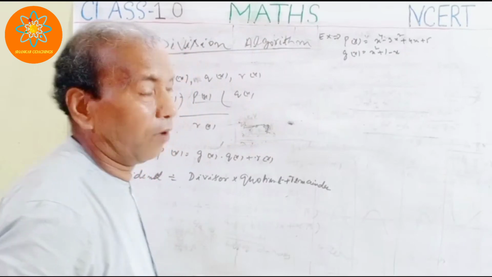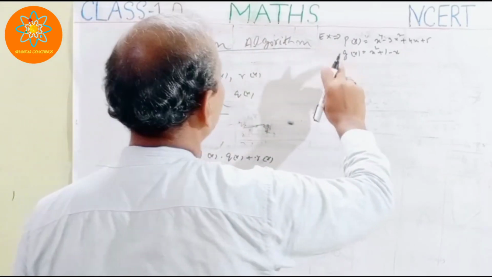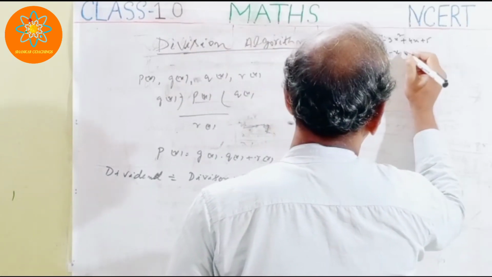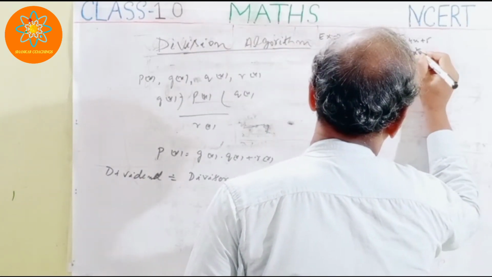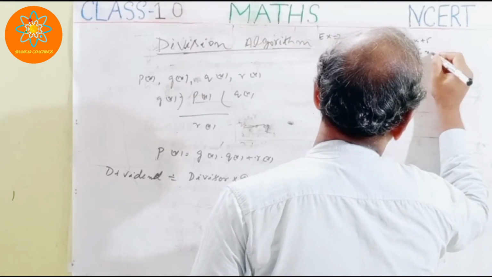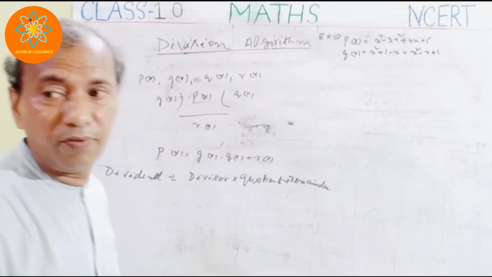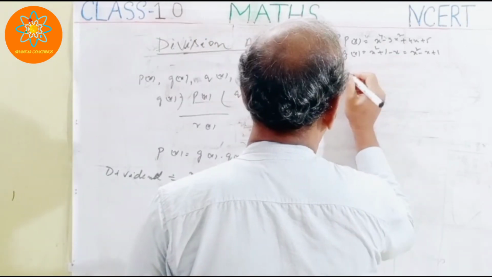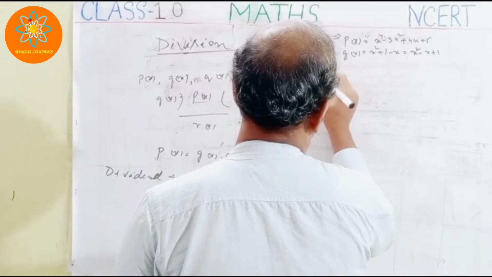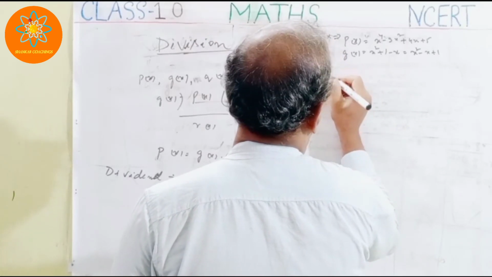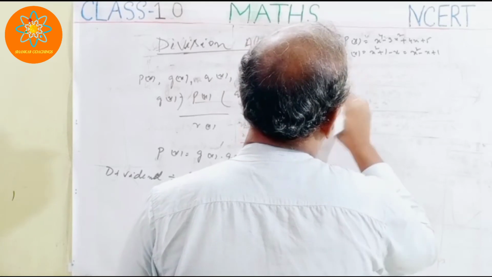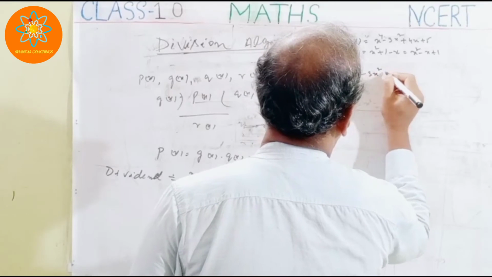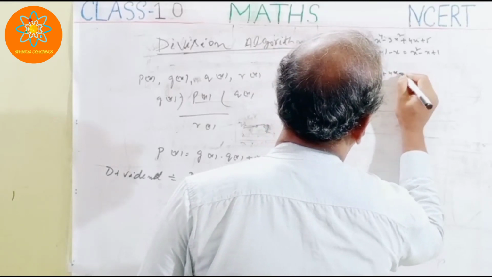This one I want to divide. So this is the dividend, and this is the divisor. First of all I will arrange this one, the highest power, the highest degree, then the lower ones, then the last one. In this way we will arrange this. Now I will divide this p(x) by g(x). So I have x to the power 4 minus 3x square plus 4x plus 5.